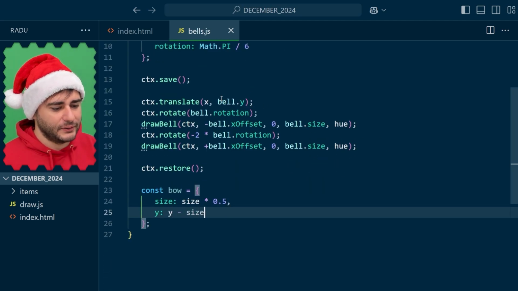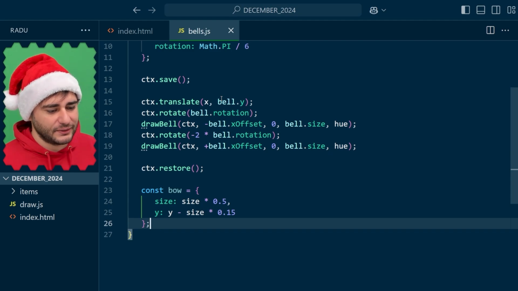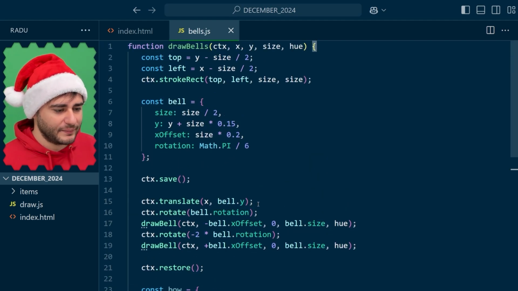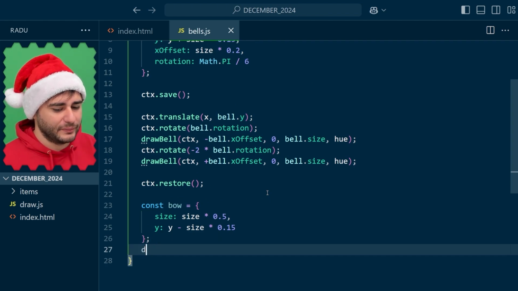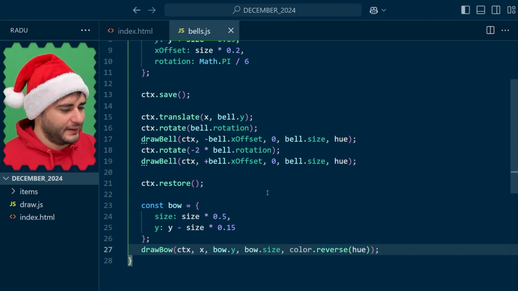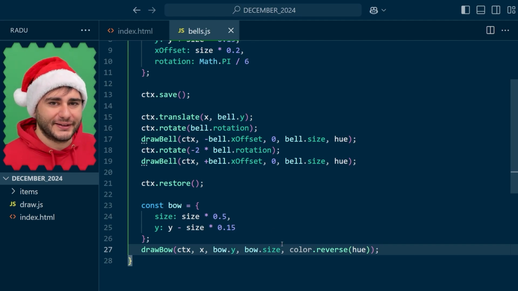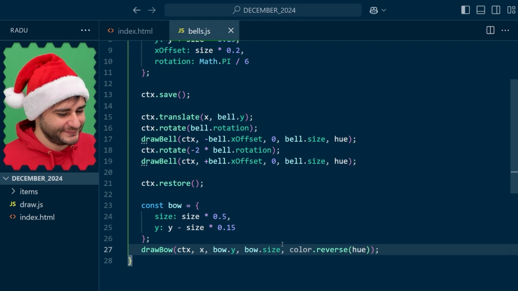sometimes using these values that you already have, flipping them, doing some kind of complement tends to look good. Of course, not always, but it's my first guess when I ever need to do something like that. I'm reversing here the hue so that the bow stands out. Now save,